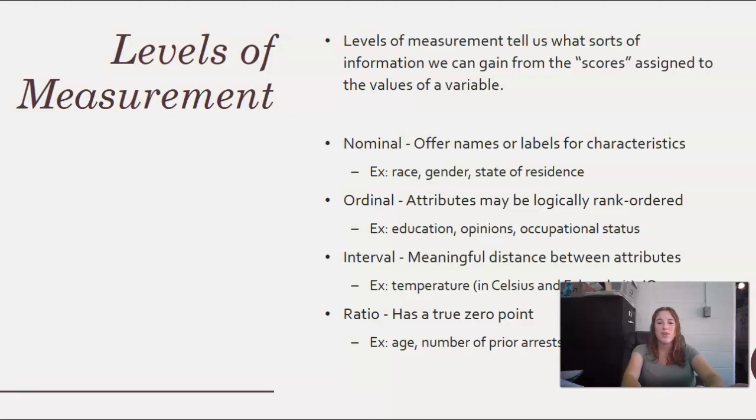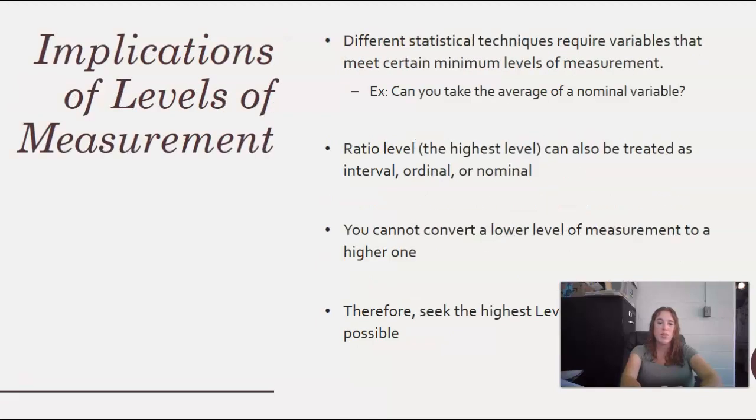So if we're talking about nominal level measures, we can only say whether they're different or the same. If we're talking about ordinal level measures, we can tell if they're different or the same and whether one is more than the other. When it's interval level measures, we can tell whether they're different or the same, whether one is more than the other, and also how much they differ by. And then, of course, with a ratio level measure, you can do all four of those things. So all those three things plus you can say what the ratio of one is to another. And so this is what they mean when they're talking about implications of level of measurement.